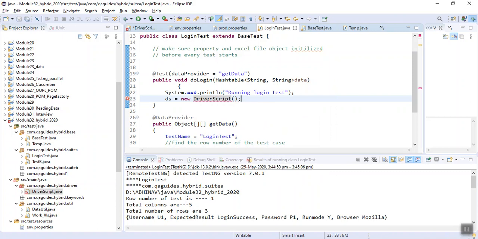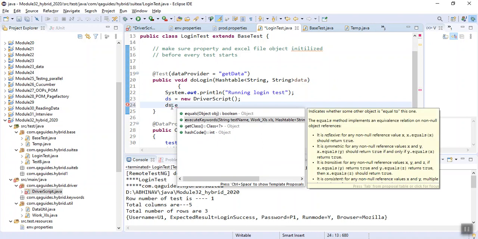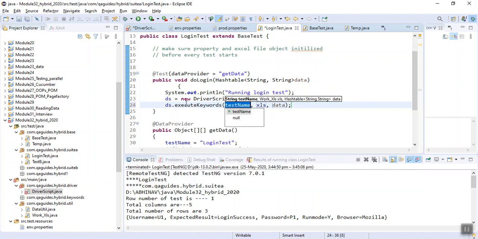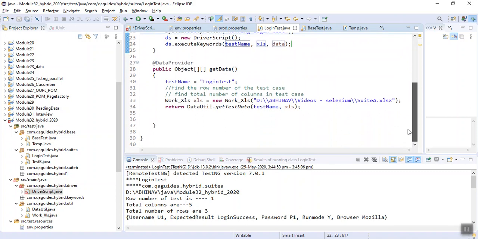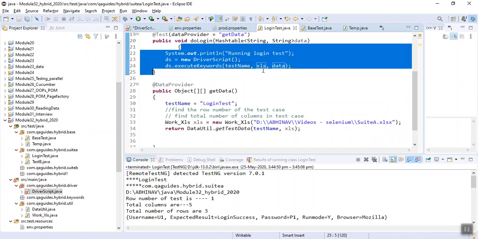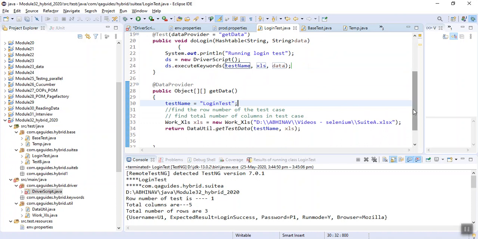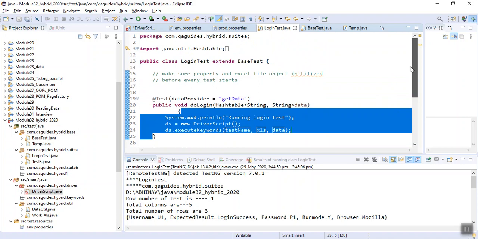This is how I can use it. Now we can call our execute function, ds dot execute keywords. In this we already have our test name, our XLS object, and data is already coming here. We are using the same name concepts.